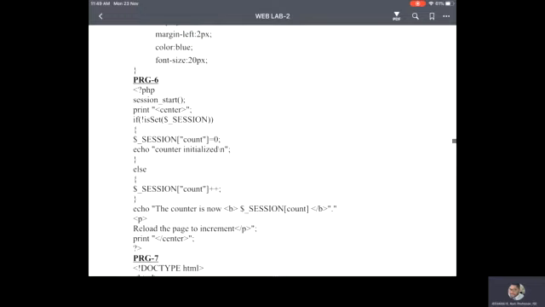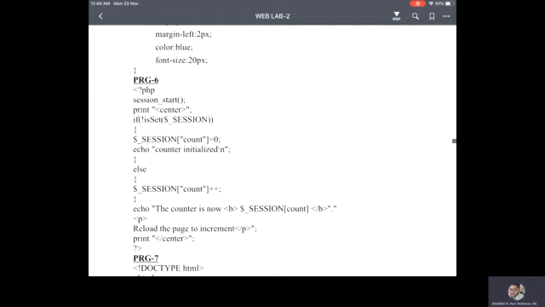Now we are writing PHP code. I have already discussed in the theory session what PHP is, why we need PHP, what a server-side programming language is, and why PHP is so widely used in programming today.